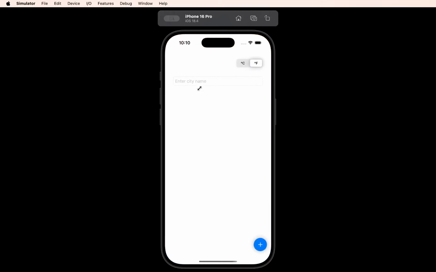So I can show you here, if I want the weather for, let's say, London, and I click add, it will bring up the weather for London, just some select weather information. It's pulling this from an API called openweathermap.org. And it's free to get your own API key for this, so you can use this code as well,